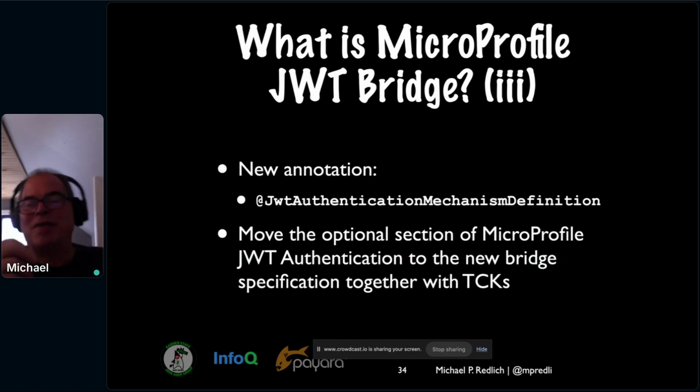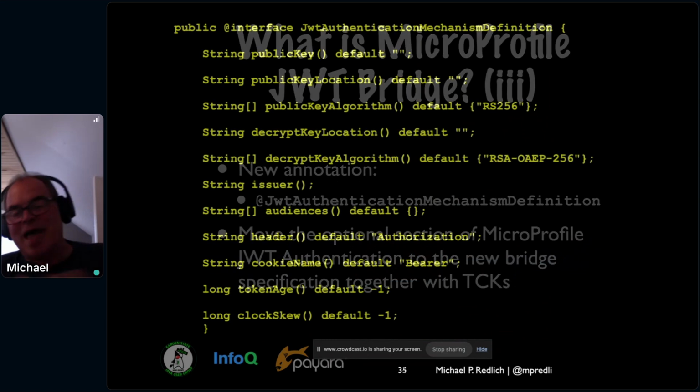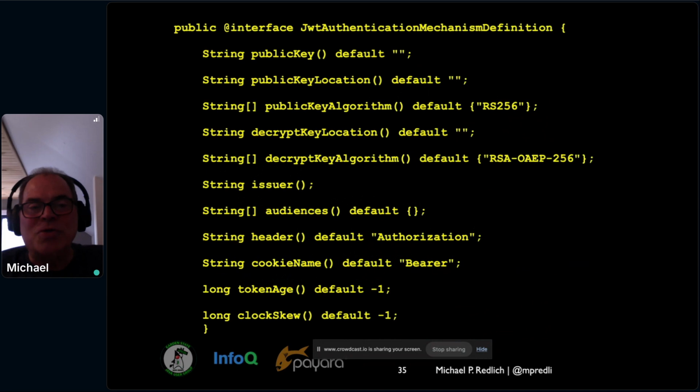I tried to make something work with the annotation itself, but failed miserably. So instead, I thought I would show you the new annotation and all the parameters that are part of it there. So you can see, your normal security type of